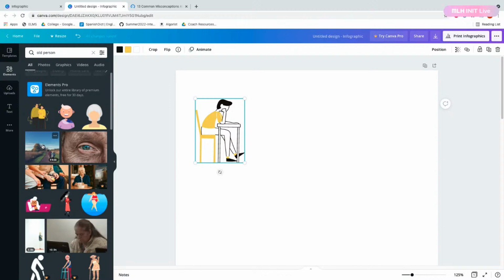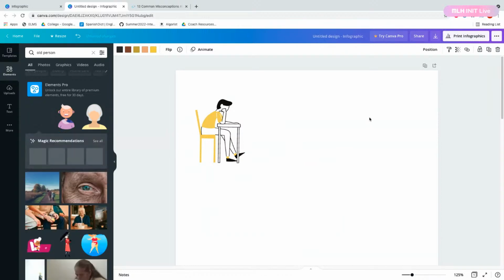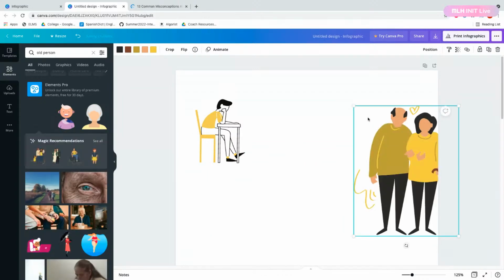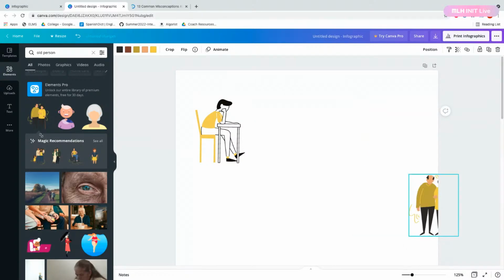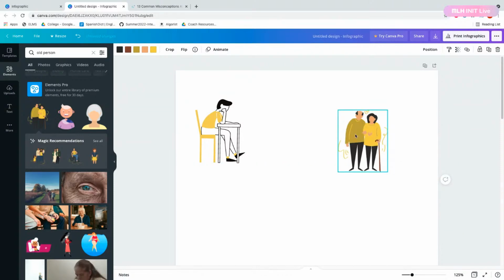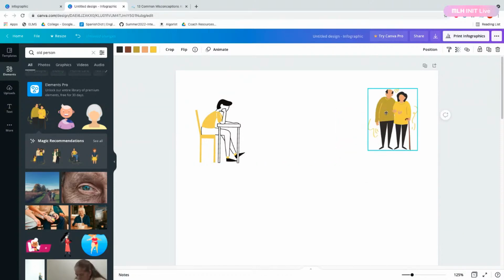Let me know if you can't find that. And their color and their shirts kind of match, so that's an extra plus to using these two images.